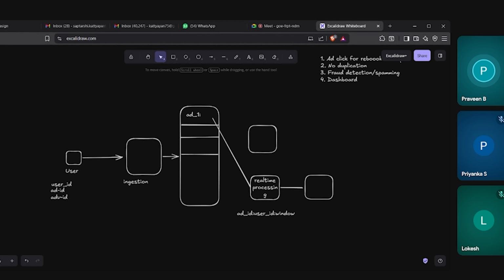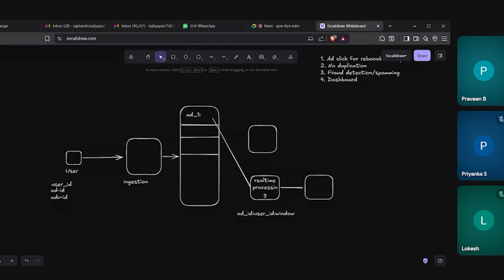Okay. So one more final question. Do you think only deduplication is enough for the system, or do you also need idempotency? Idempotency means what? Can you explain that? Okay. You do understand what deduplication is, right? Yeah. Okay. Idempotency means if you do the same thing twice, the result doesn't change.